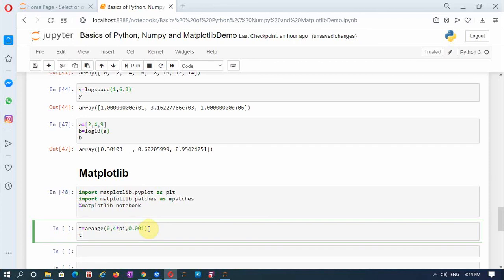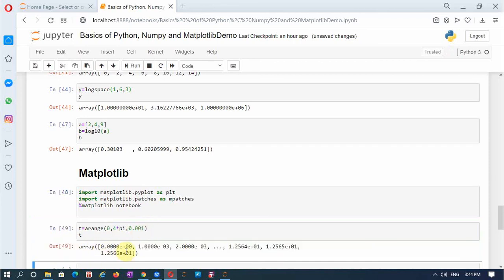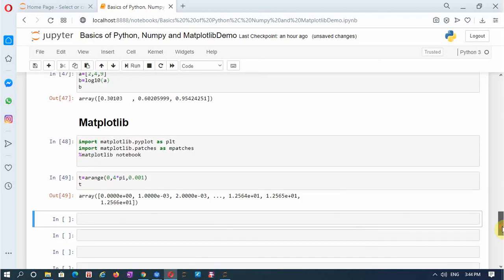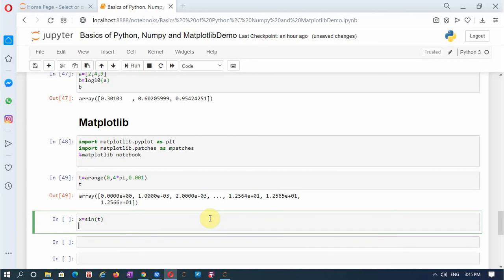So I'll type T, and you have the T given by this. Next I'll calculate a function x which is equal to sine of T.